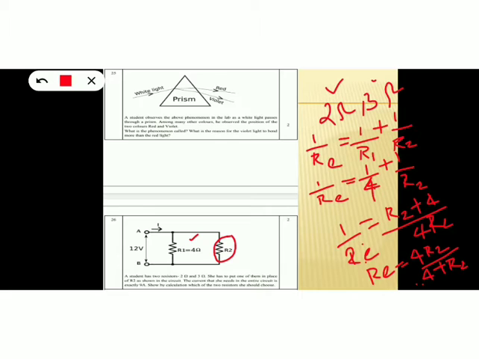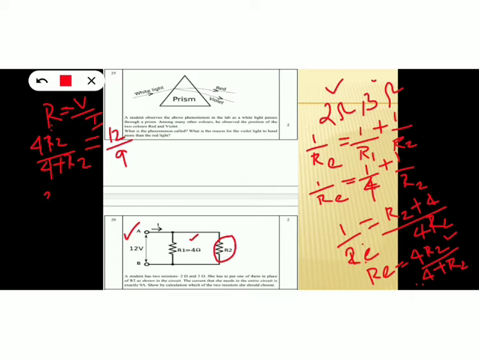And in order to obtain a current of 9 ampere, how much should be the value of R2? So we know that as per Ohm's law, R is equal to V by I. Isn't it? Now, here what is the equivalent resistance? Equivalent resistance is 4R2 by (4 plus R2). So here 4R2 divided by (4 plus R2) is equal to V by I. V is 12 volt, it is given in the question, and I is 9 ampere, it is also given in the question. Now cross multiply and find out the value of R2.